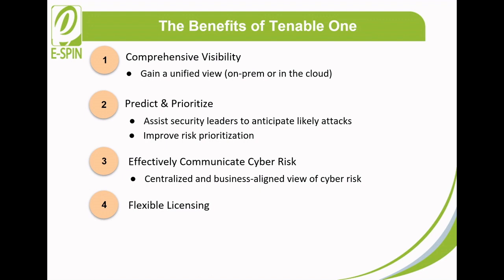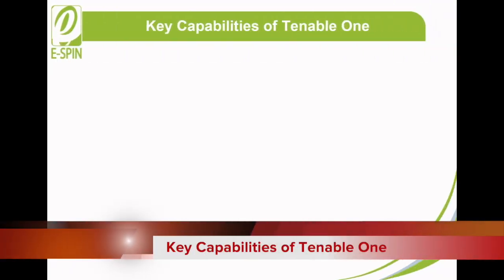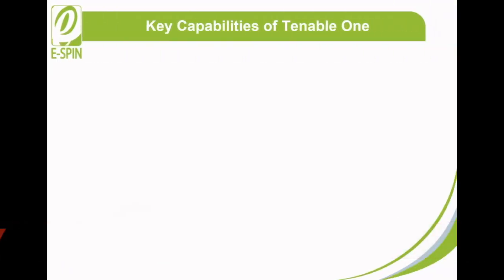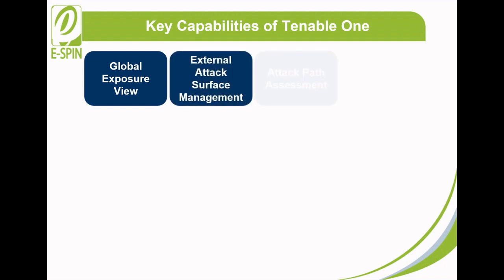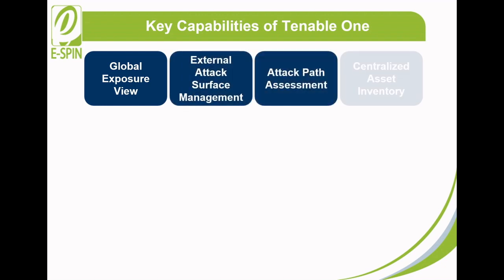Flexible licensing. Tenable One lets you allocate licensing options according to your specific exposure requirements and change the allocation whenever needed. The key capabilities of Tenable One include Global Exposure View, External Attack Surface Management, Attack Path Assessment, Centralized Asset Inventory,